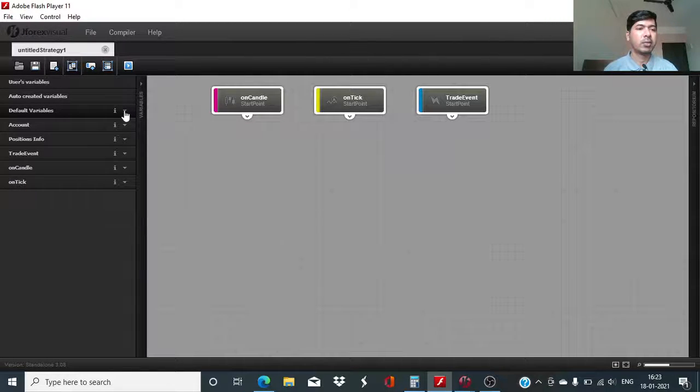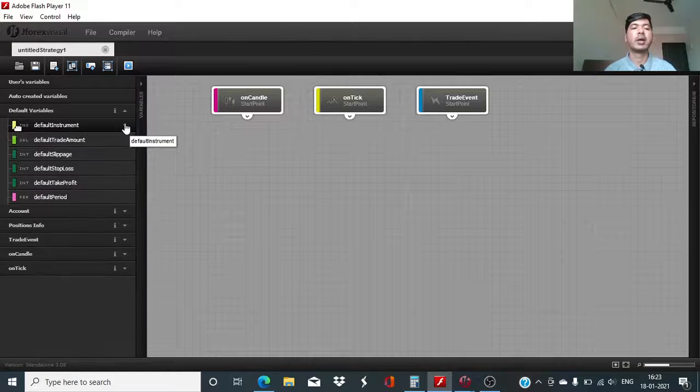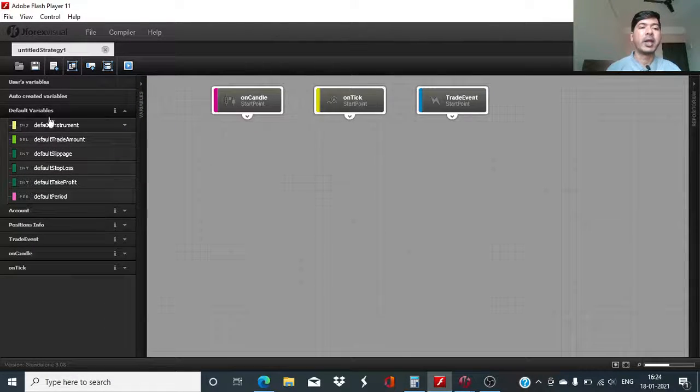Default variables mean once you define the input parameter, this will be considered default for whole of the algorithm. So when you use that particular variable again, the default value assigned to it will be there and you don't really need to change it unless it is required for setting any particular condition. So these are the default variables: default instrument, default trade amount, default slippage, default stop loss, default take profit, and